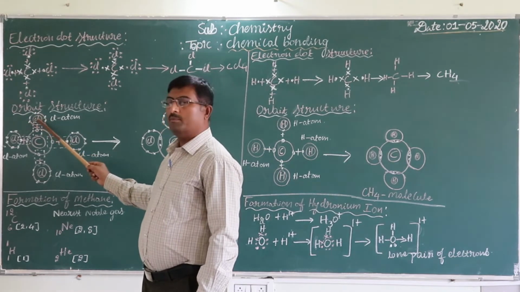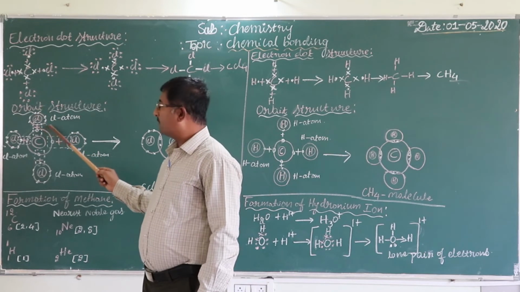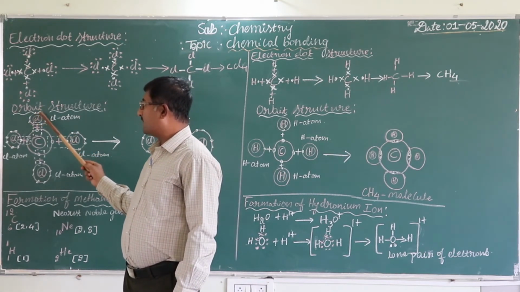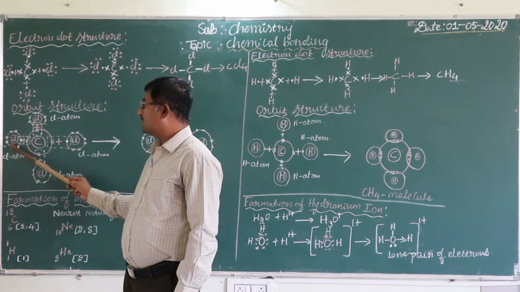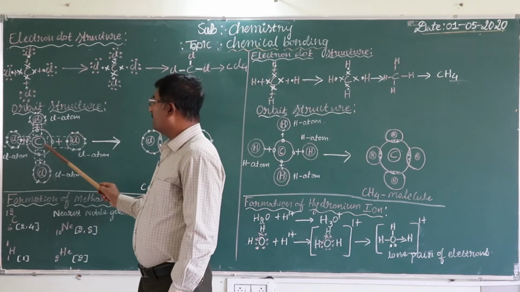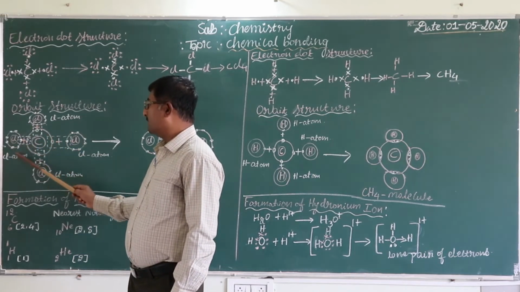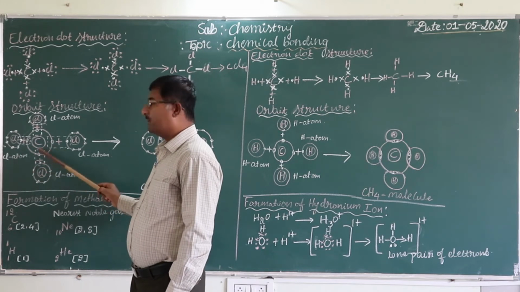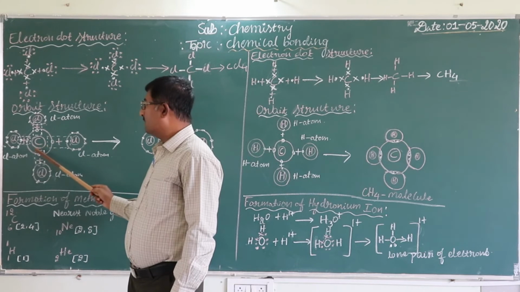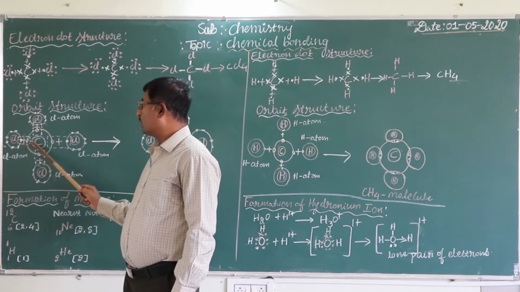This is the structure of chlorine atoms. Here also, only the outermost orbit we have to write. In the outermost orbit, how many electrons are there? 7 electrons are there, so I have written 7 dots. For each chlorine atom, 7 dots I have written. In between carbon and chlorine, we have to write a plus sign. This is before combination. Combination has not taken place. Covalent bond has not taken place here. That's why we are writing plus in between carbon and chlorine.